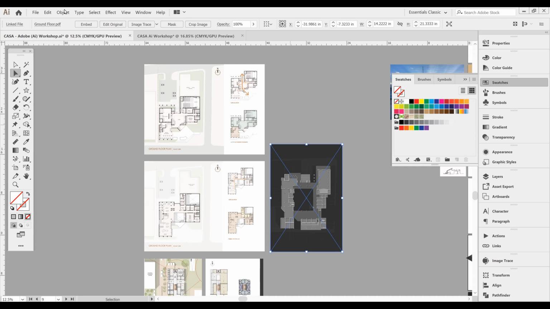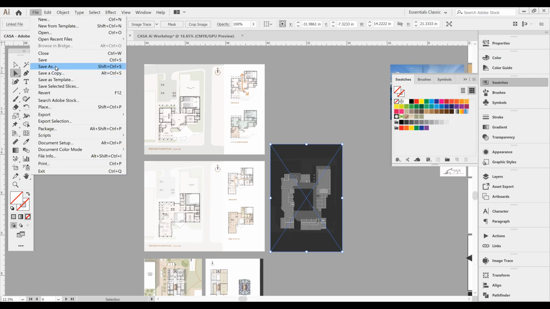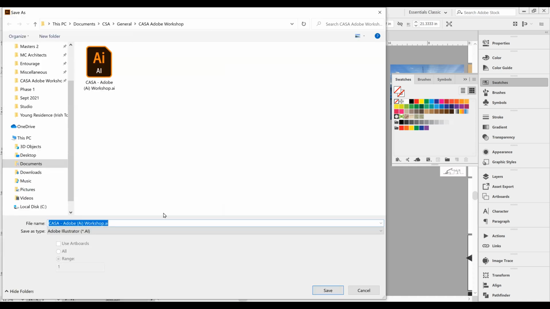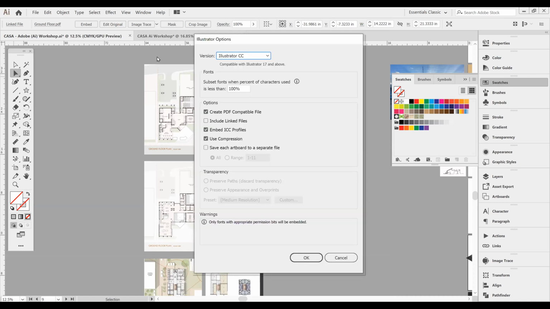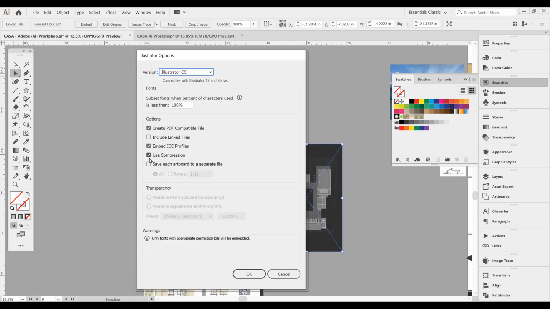Also, Illustrator has compression qualities as well. When you're saving the file, I have to do a save as, sorry guys. When you're saving the file, no, it's not here. All right, so there is a checkbox here for use compression that also helps to keep the file